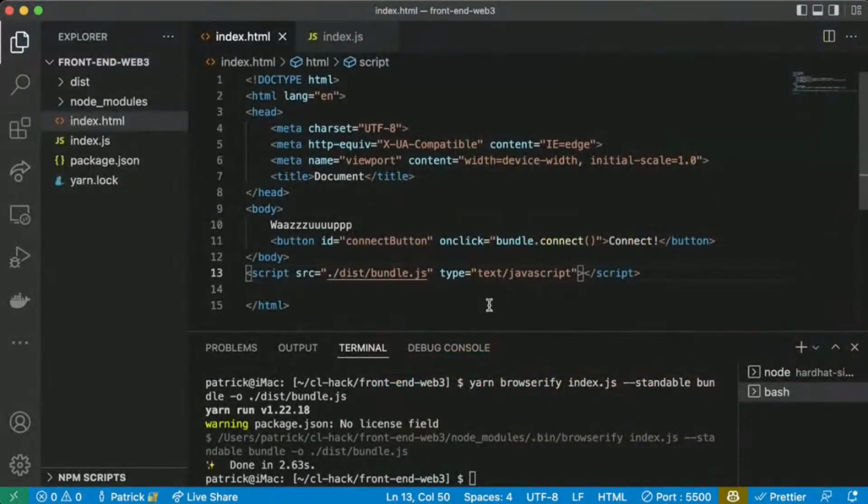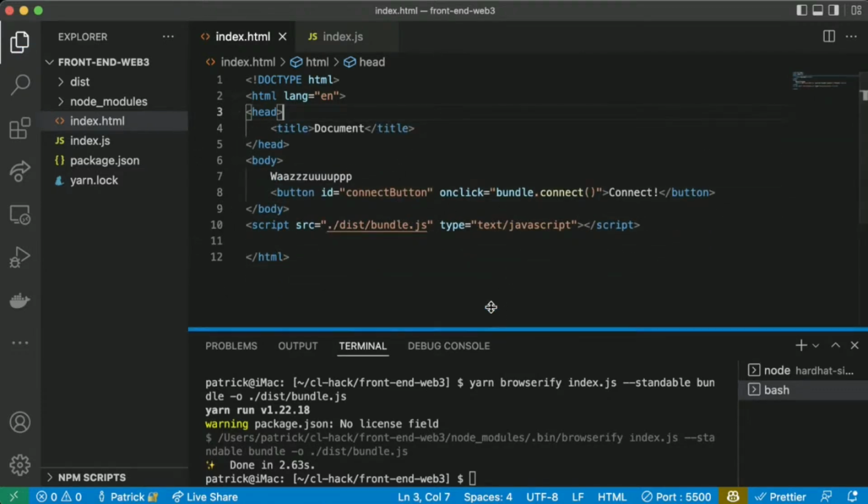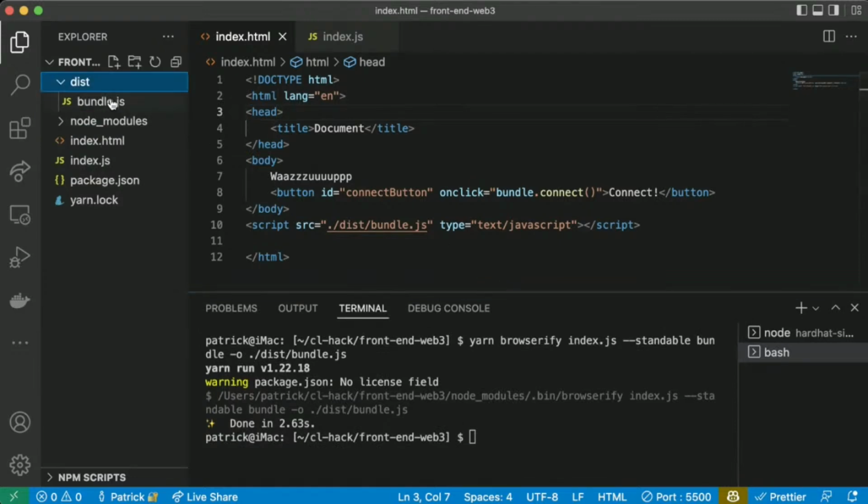That wasn't it either? What am I missing? It's nearly exactly the same code. Let's delete all that. Button bundle.connect. Bundle is not defined. Dist bundle.